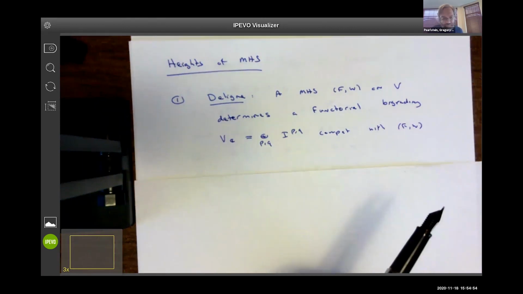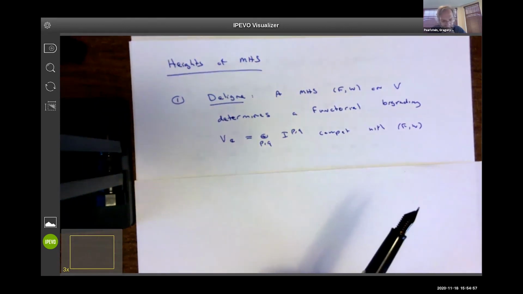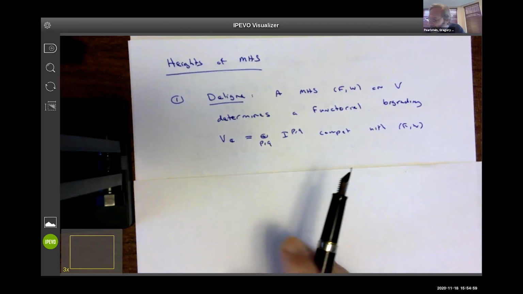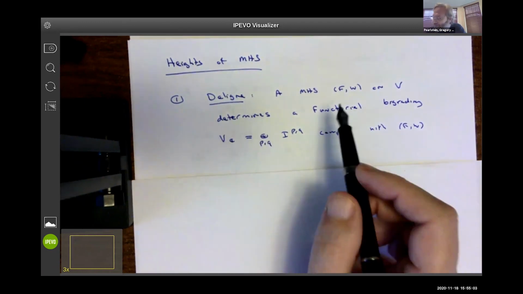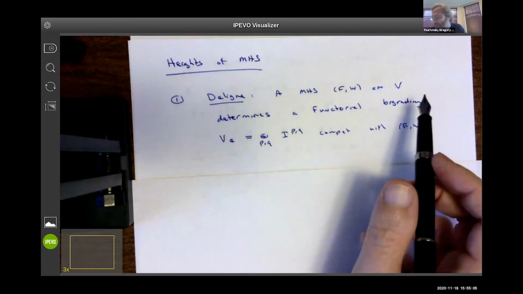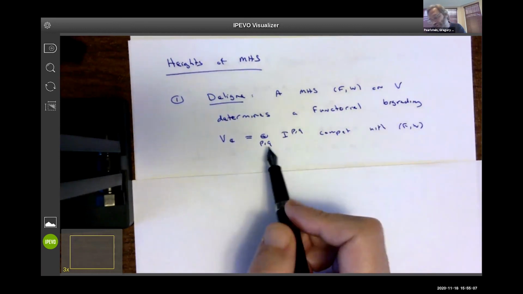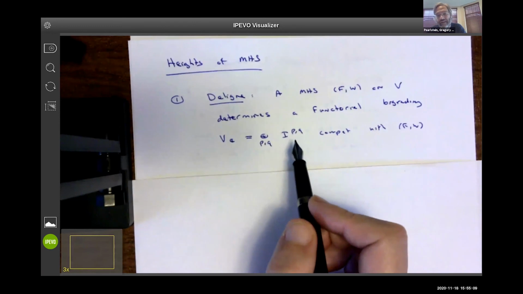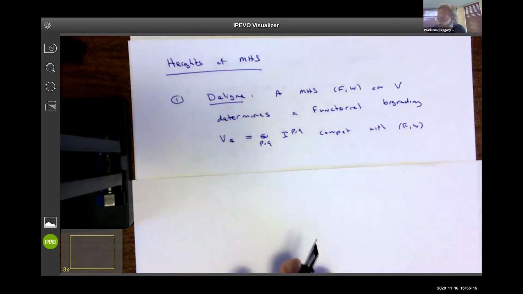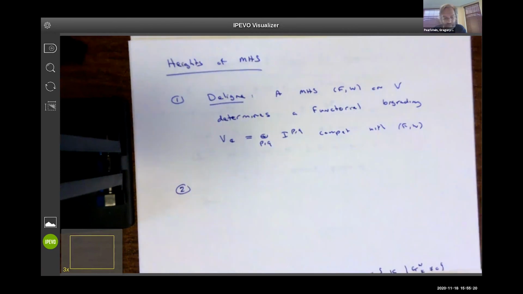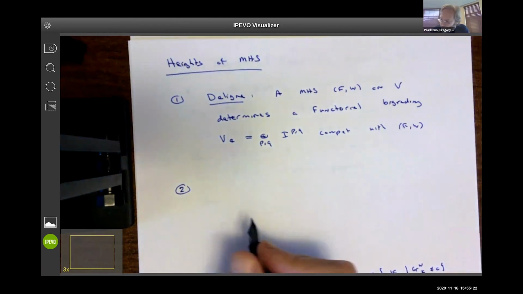Next slide. Okay, so now on to heights of mixed Hodge structures. So Deligne showed that if you give me a mixed Hodge structure (F, W) on V, then it has some functorial analog of the usual Hodge decomposition, and this is uniquely specified by compatibility with F, W and this conjugation action. Okay, so now